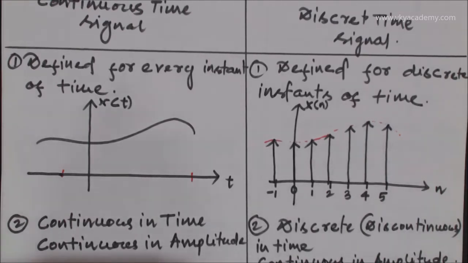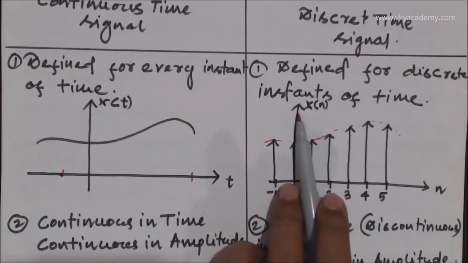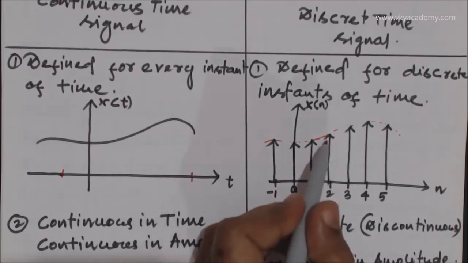upcoming lecture. So for the time now, you just remember that in discrete domain, the x-axis or the time axis is always represented with small n, and the y-axis is always represented with x of n. So this value is a function of this particular time. And as you can see, this signal is defined for some discrete level of time. It is defined at -1, it is defined at 0, it is defined at 1, it is defined at 2,